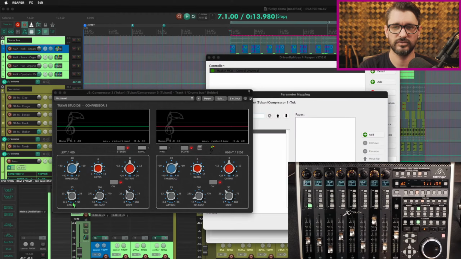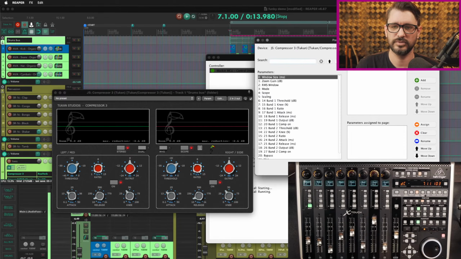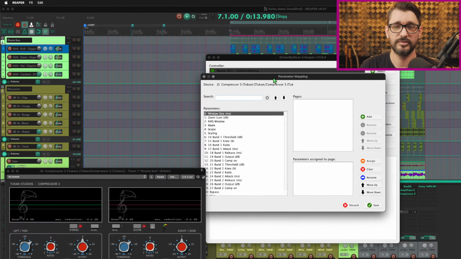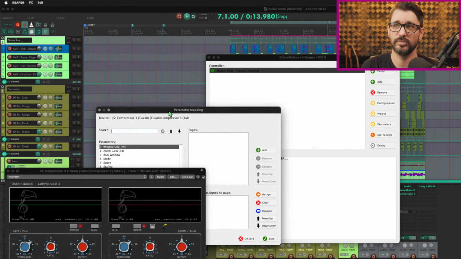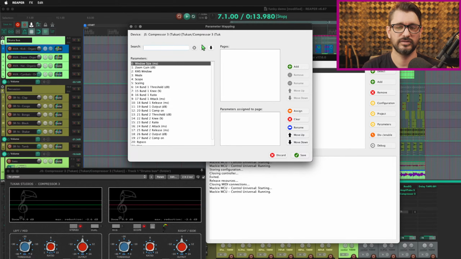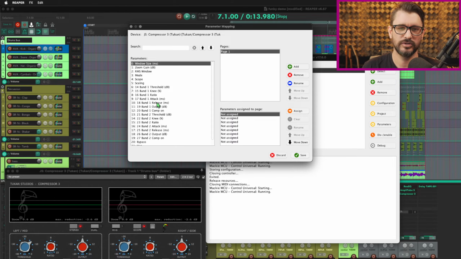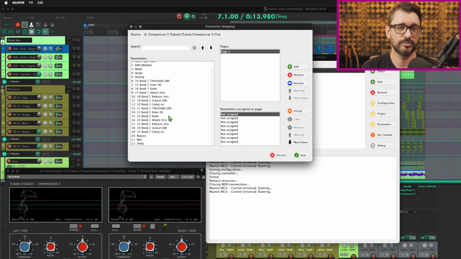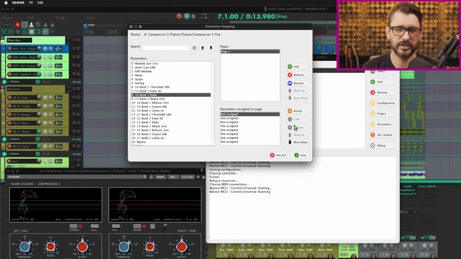I'm going to press my Alt F2 button, and that brings up this window. And this is the parameter mapping window. Unfortunately, it will go behind your plugin windows. We're going to use this to customize the layout, the order, and the names of the parameters that we'll see on the controller's display. So we're going to add in a page, and then we're going to select a parameter and then assign it to one of the slots. There's 8 slots. We can have any number of pages, I believe, and we can put the parameters in any order. So let's select ratio first, and then assign, and then click on the next slot,